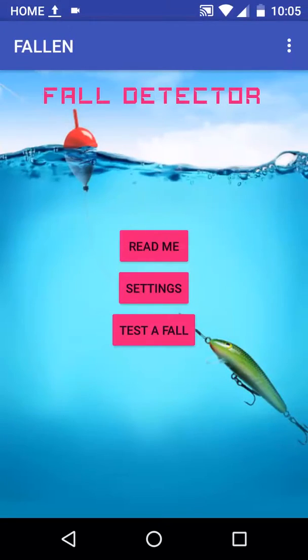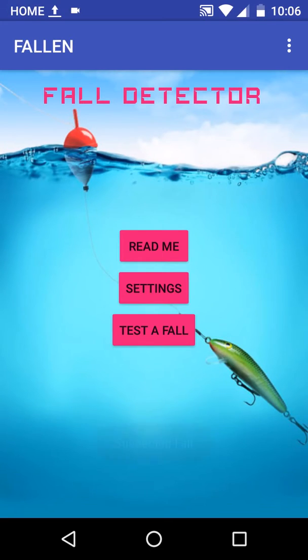Now we can see how the application will behave if a fall is detected. We can simulate the behavior by either clicking the Test a Fall button or by simulating a real fall. So here I am going to simulate a real fall. The system basically checks the fall detection in three steps. In the first step, the app will detect whether a fall has happened. Then in the second step, it will record the values for 30 seconds for the acceleration due to gravity. And as the third step, it will prompt the user to determine whether a fall has happened or the user is unconscious. So I'm just going to simulate a real fall by throwing the phone up and down or just by shaking.